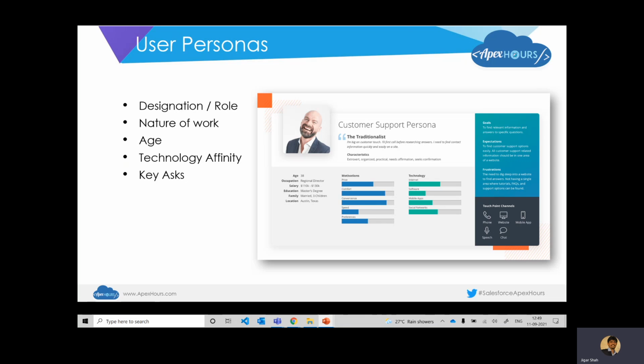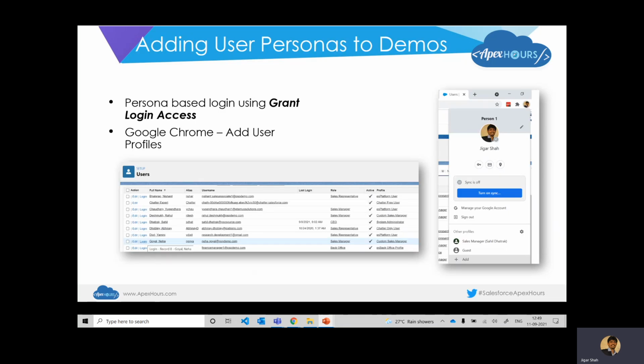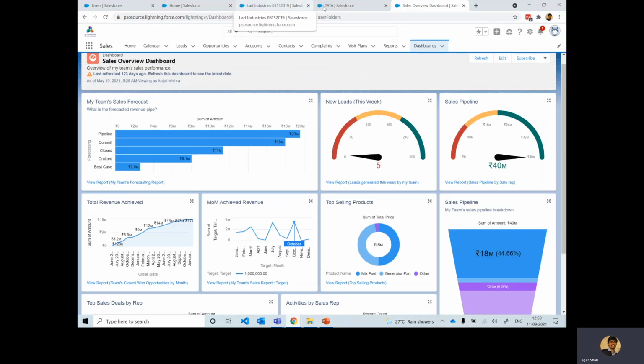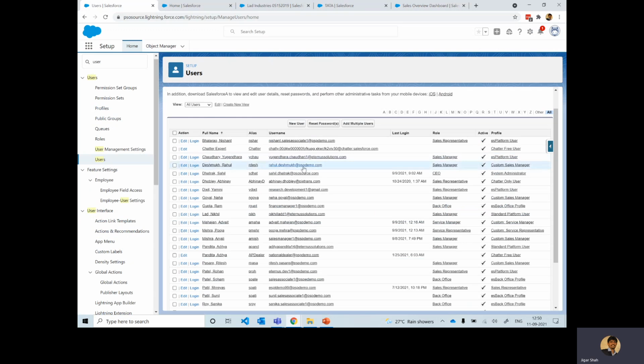So when you really talk about user personas, the way you can imbibe this in your Salesforce demonstration is by creating, of course, multiple users and setting up a couple of profiles or a role hierarchy, right? And the way you could imbibe this in your demonstration is by going to any of your users.